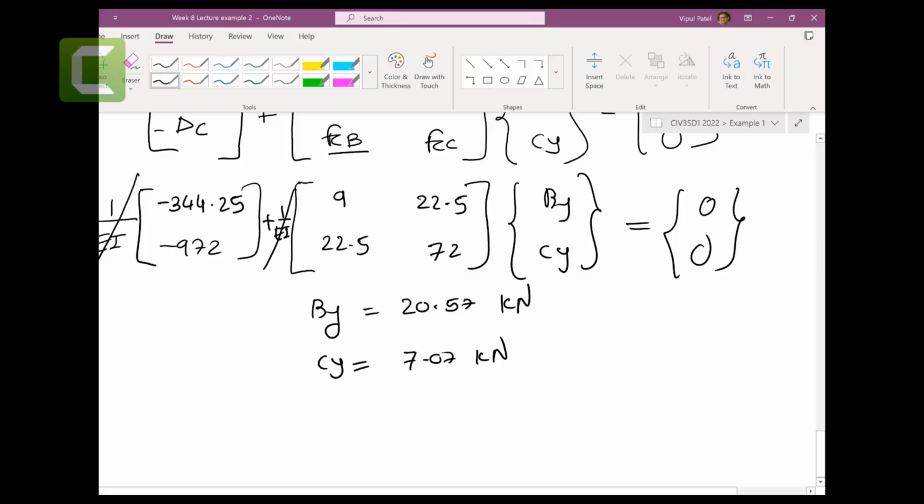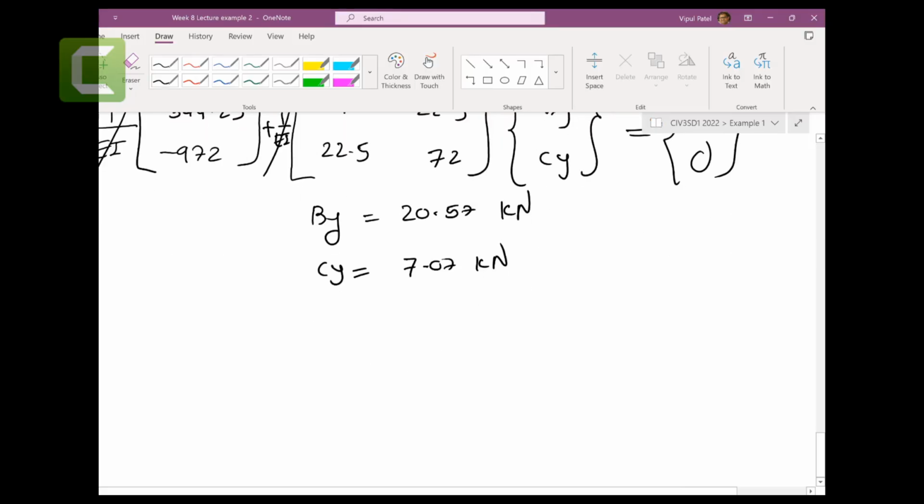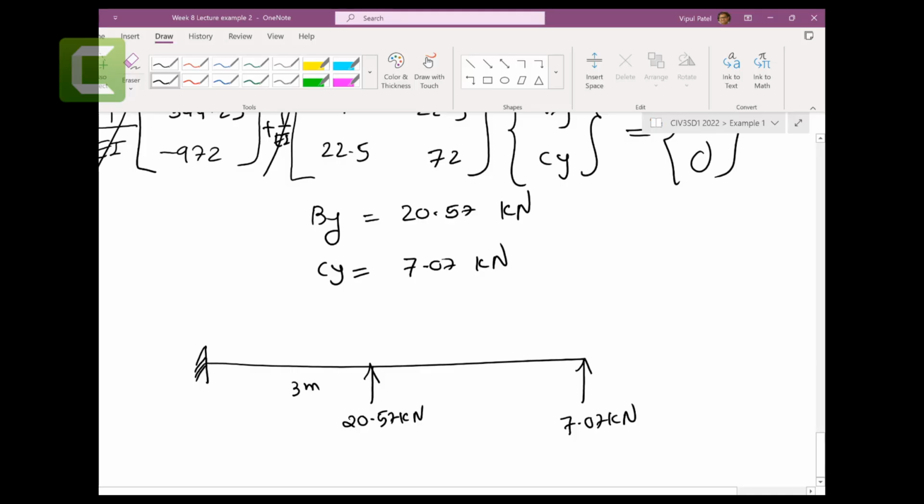Now, once you find those reaction forces, because you can see that this is fixed, BY is 20.57 kilonewtons, then you have 7.07 kilonewtons, 3 meters, 3 meters, and then you have these 6 kilonewtons per meter. Then you can find this reaction force that is unknown, MA, AX, AY, right? You can do this the conventional way because now you know those methods. So